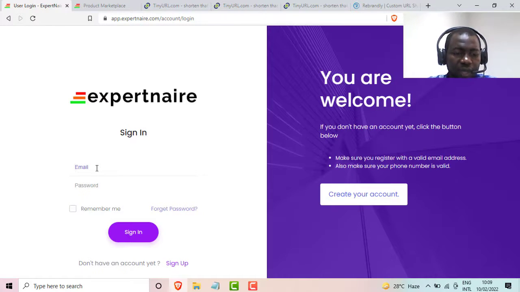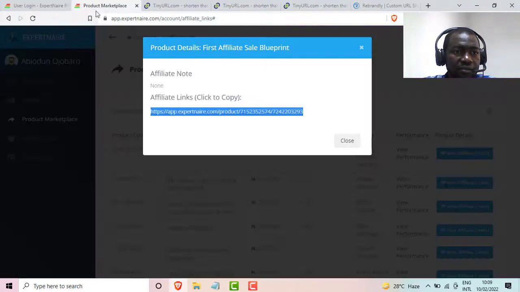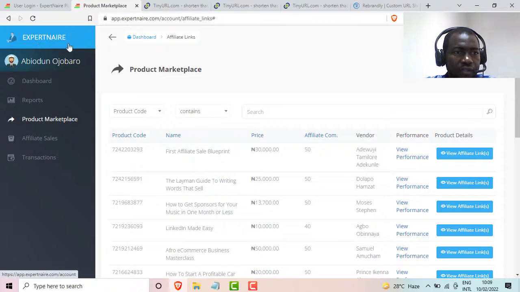The next thing is to type in your email. Your password, you can do remember me or not, then you sign in. After signing in, you come to your platform, your Expertnaire dashboard. Okay, so you have your dashboard, you have your report on this left-hand side, but you